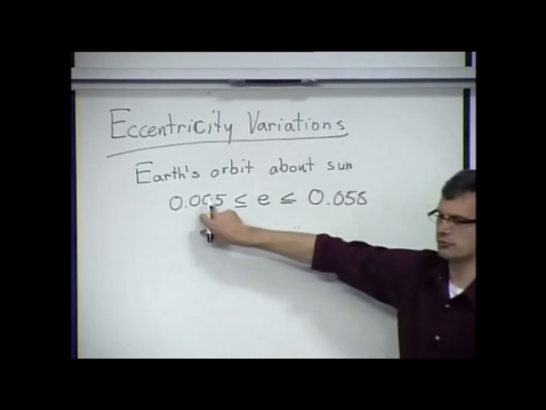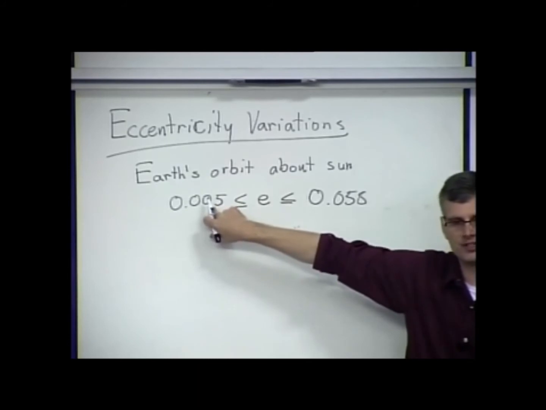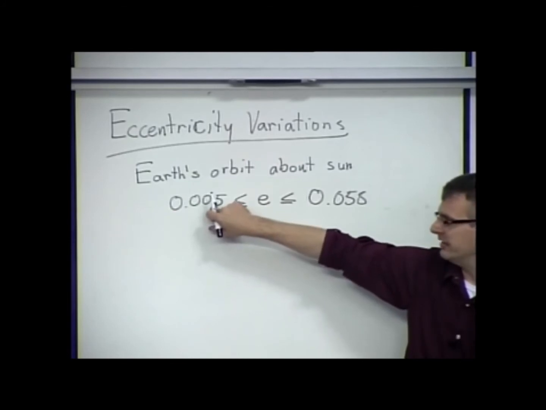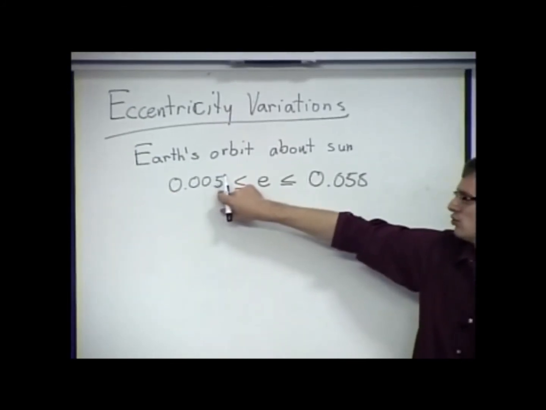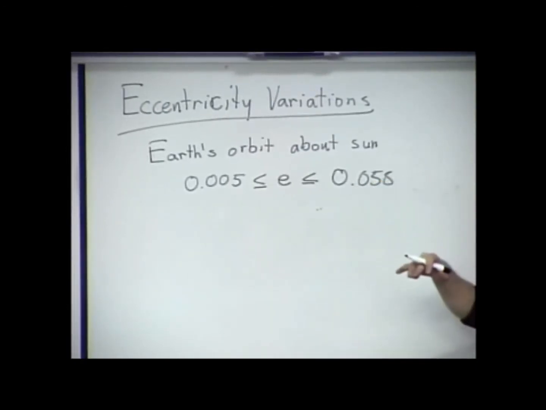So it will go to almost perfectly circular. And because of the presence of Jupiter, this third body, and some other disturbances in the solar system, there will be some tugging, and it may stretch all the way to 0.058, which doesn't sound like that much, but it's still millions and millions of meters